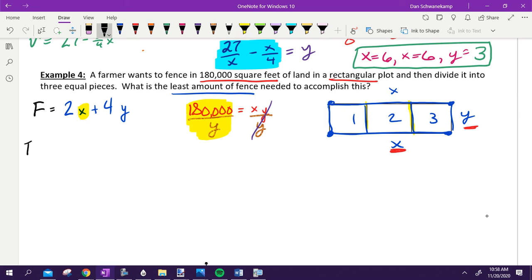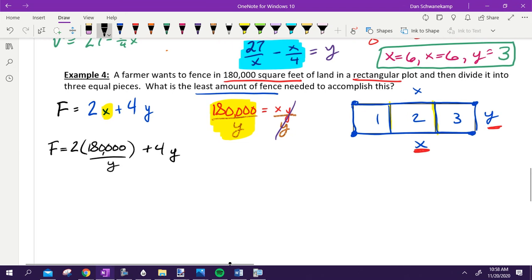So let's do that. Fence is equal to 2 times 180,000 over y plus 4y. Or in other words, fence is equal to 360,000